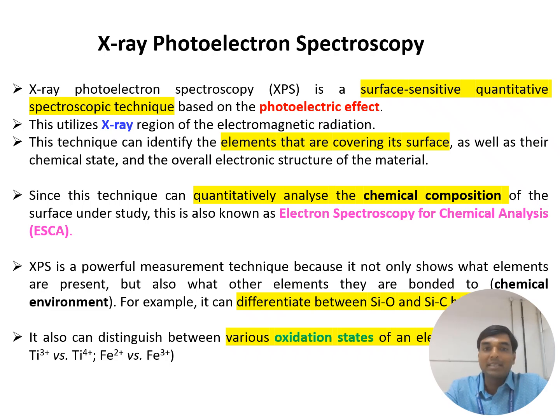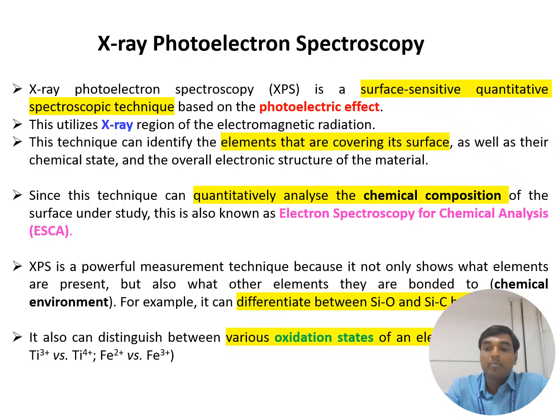For example, it can differentiate between a silicon-oxygen bond and a silicon-carbon bond, and it will also distinguish between different oxidation states of an element. For example, titanium 3+ to titanium 4+, or iron 2+ to iron 3+,